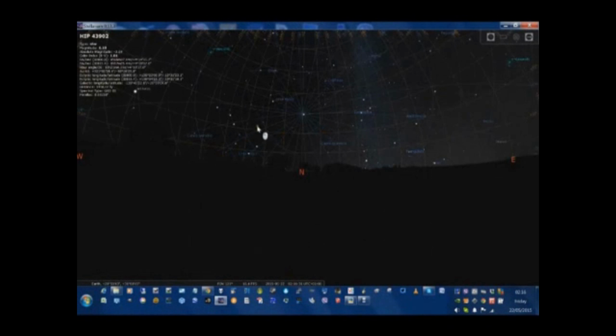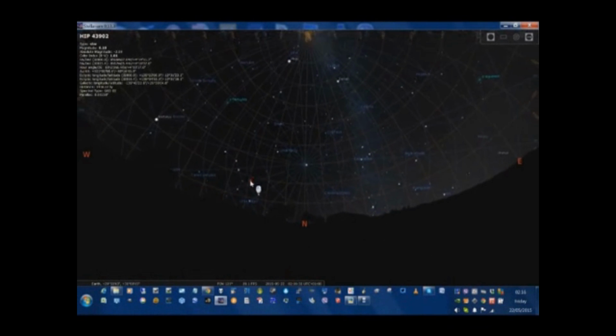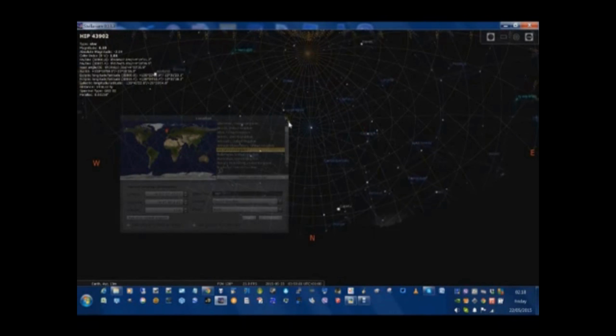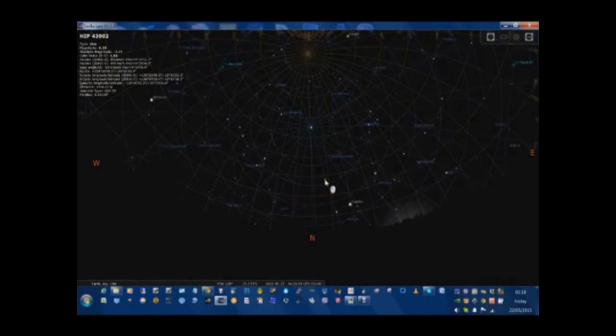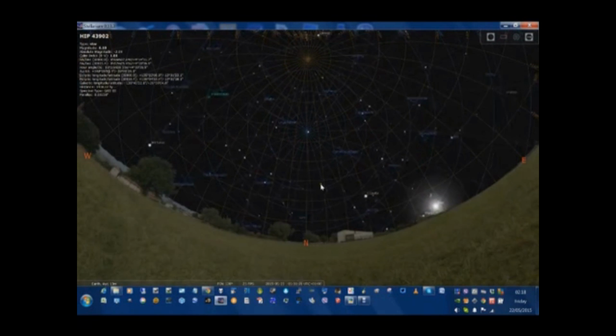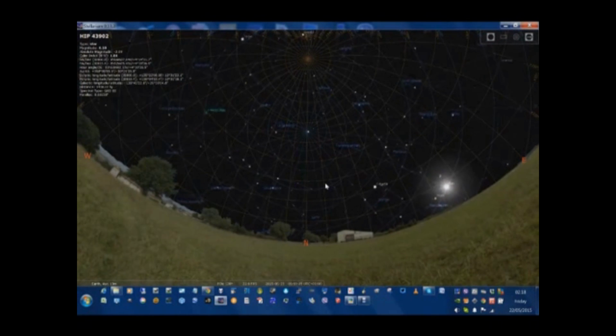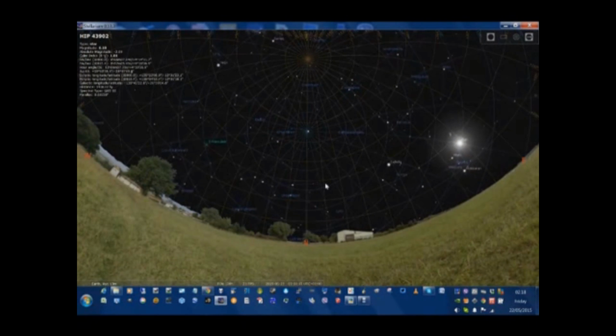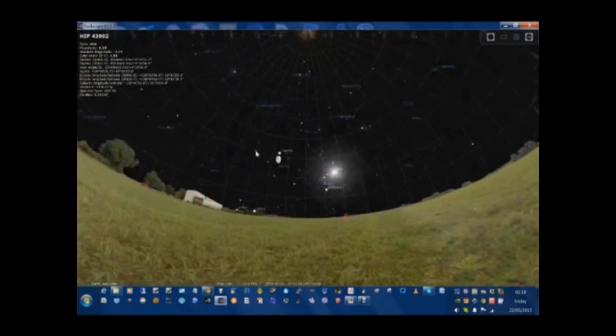We're looking at a piece of software called Stellarium. Okay, so we look up at the sky and face north, and there we go. Everything is rotating anti-clockwise around Polaris. Now, if we face south,